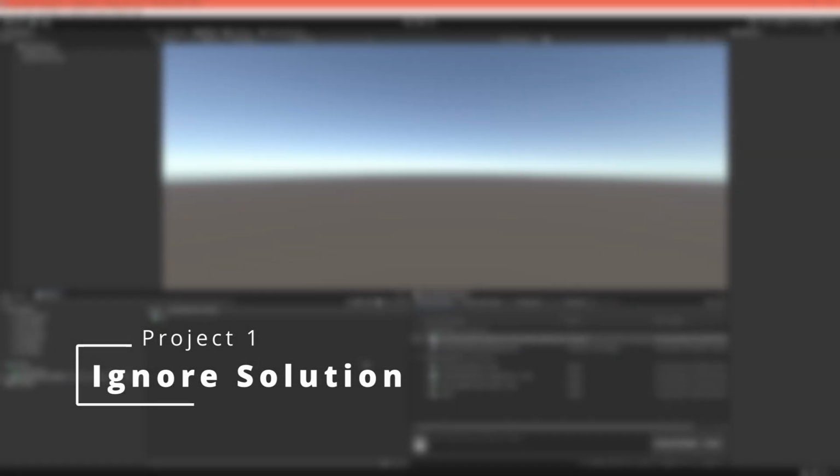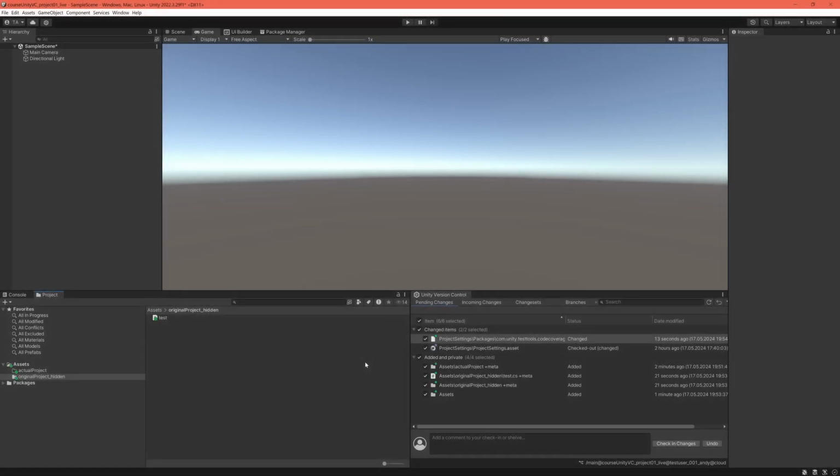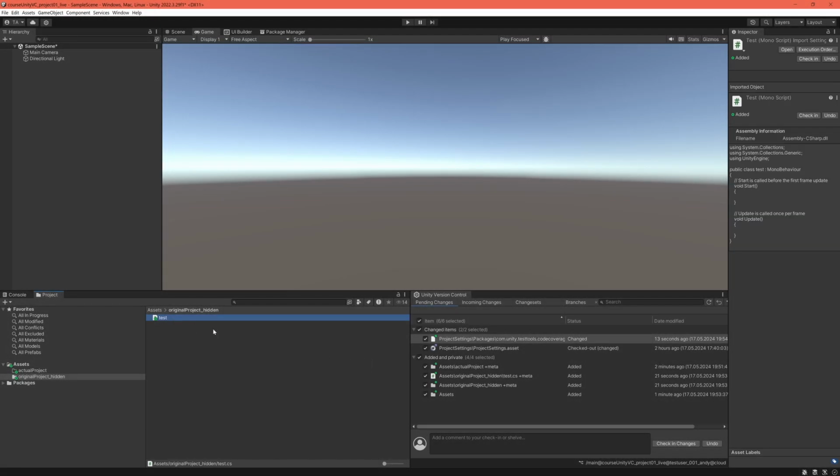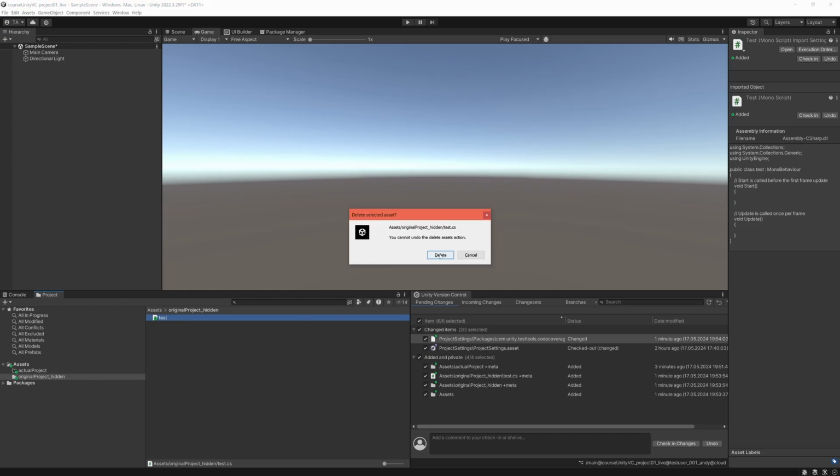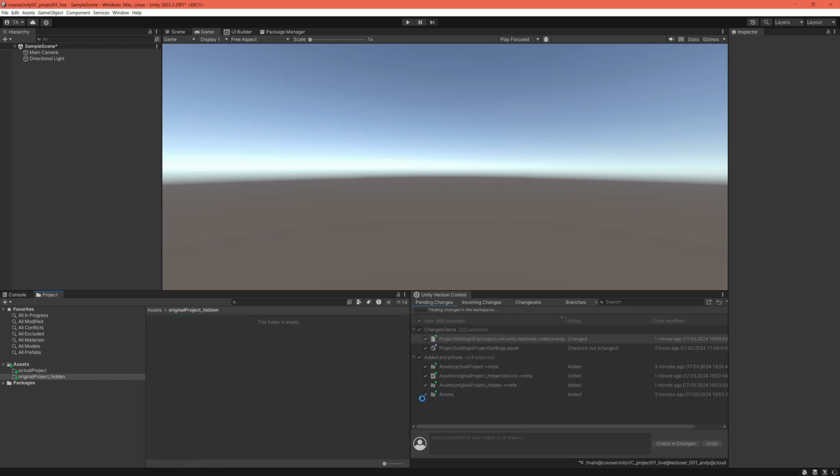We want to ignore the contents of the directory that we are currently in. First, let's remove the test file for now, because remember that you cannot ignore stuff that has already been added to version control. Now we jump over to Plastic,